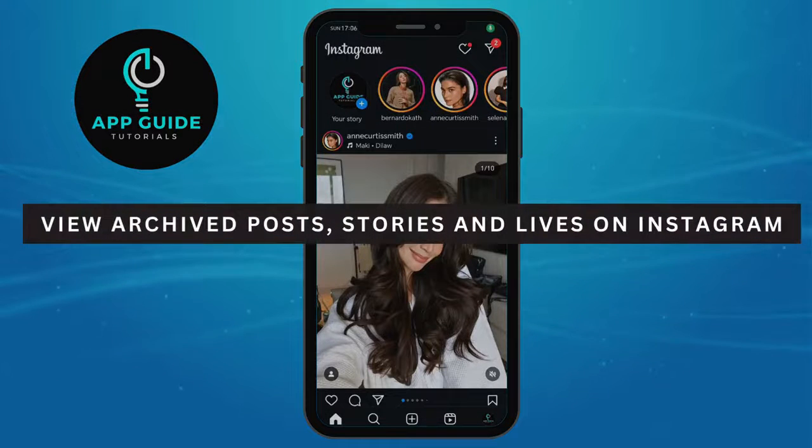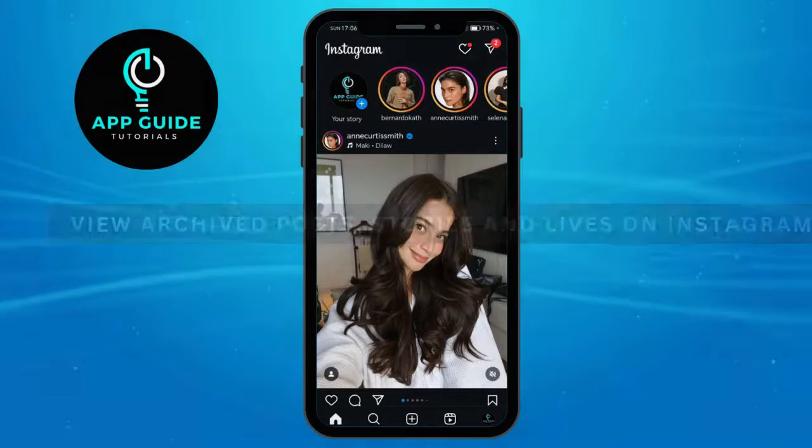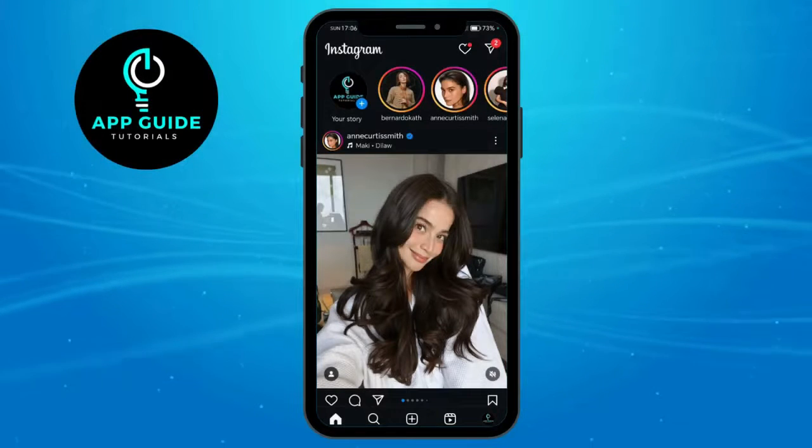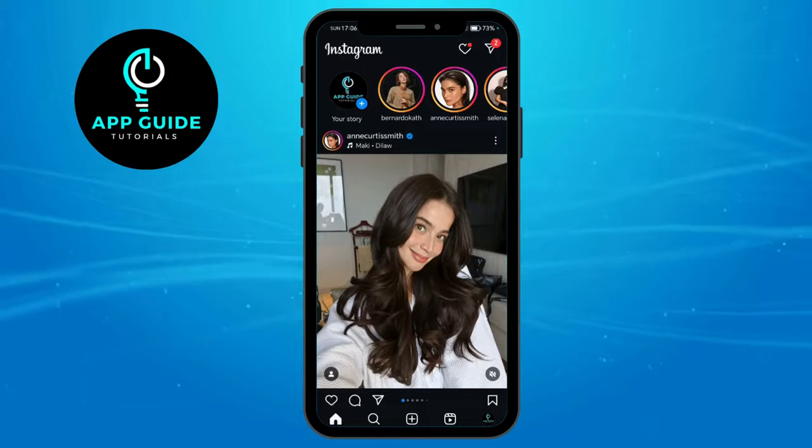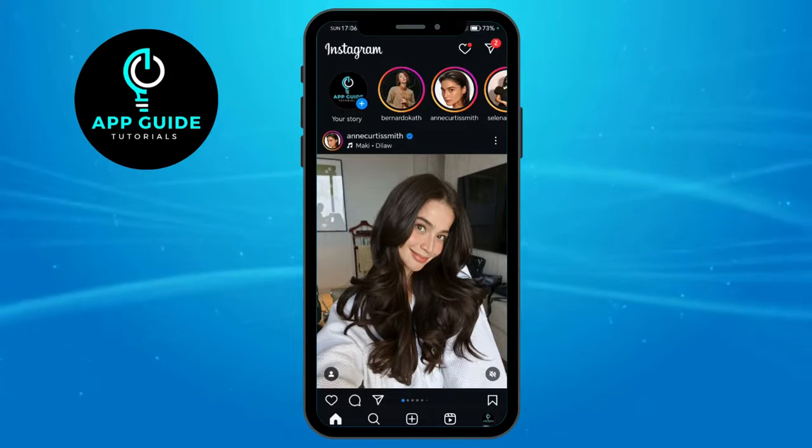How to view archive posts, stories, and lives on Instagram. Now, let's say you have archived a post or a story or a live on Instagram. Now, in order for you to archive a specific post, let's say right here,